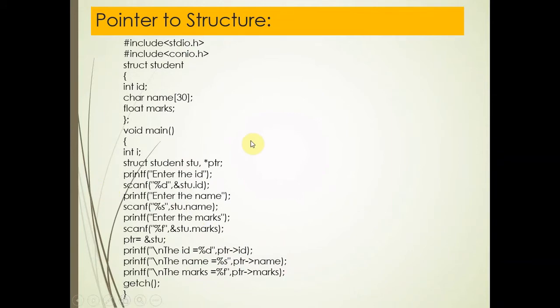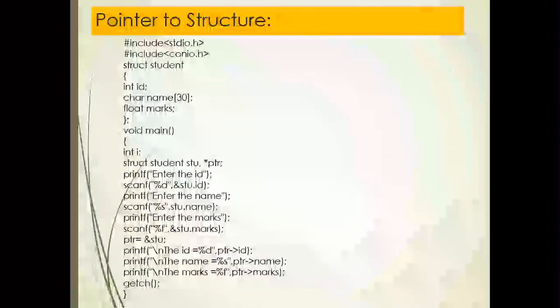I think you must have the concept of structure, as you are already familiar with it. These are the same thing. Here I have just taken one variable that is pointer type, and I have stored the address of stu in this pointer, and with the help of the pointer variable I have accessed and printed the values of the structure. So this is the concept of pointer to structure.